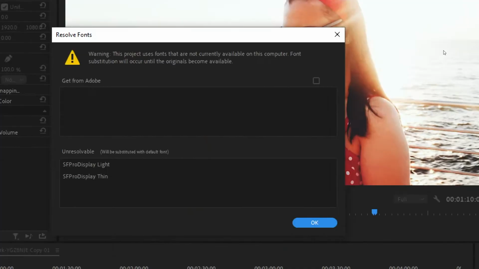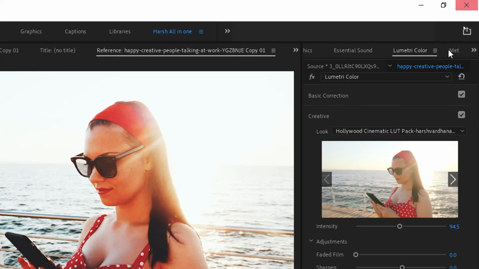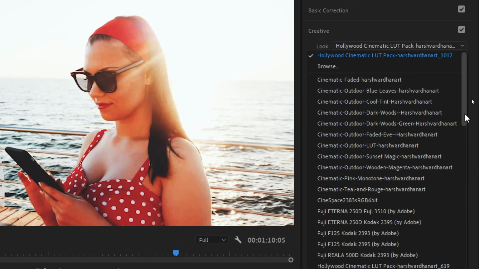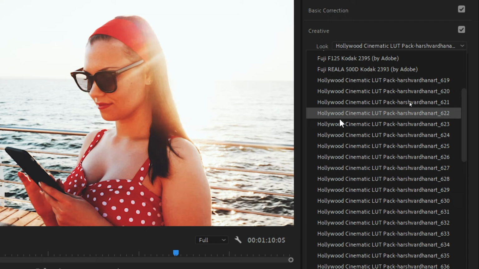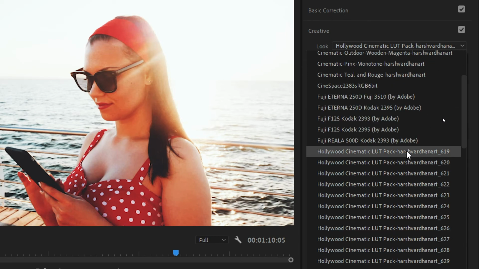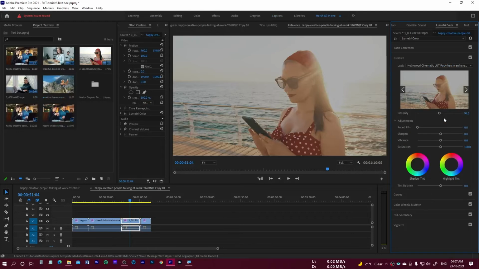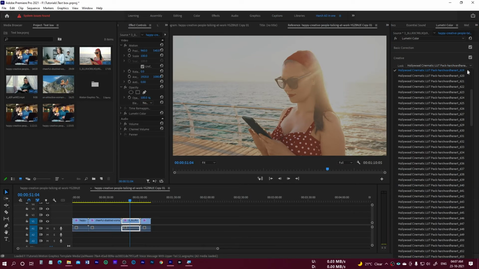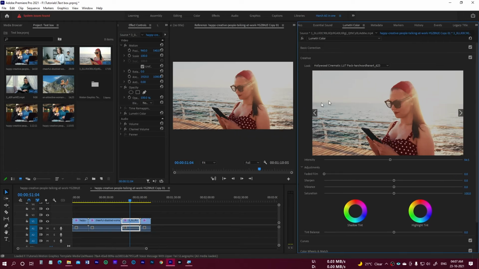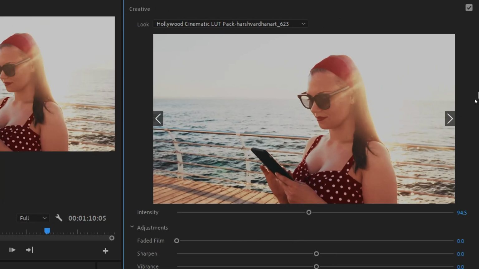let's open the project. So again we'll go back to the Lumetri panels, and earlier we had to browse these one by one, but now since we have pasted them right over here, you can see all of these are available, so we can select them from here as well. So if I click on this one, 619, you can see I get this kind of a look, and I can try 620, 623,